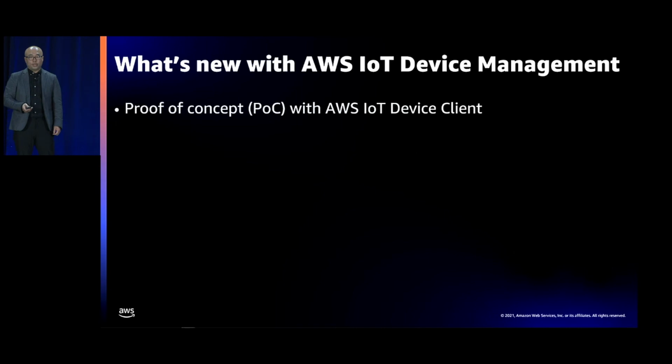With the lightweight AWS IoT device client, you can launch a POC on an embedded Linux device. And by default, it enables you to connect, operate, manage, and control your fleets, or secure them against threats using AWS IoT services. It is open source, so you can modify it to fit your business needs when you scale up from a POC to production.